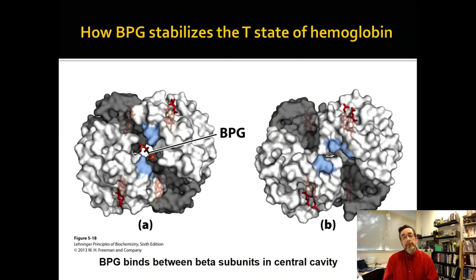So what does BPG do structurally? Well, we get a crystal structure of it, and we find out that, number one, it's all in the T-state conformation, and number two, BPG is right there in the middle. Remember when we go from T-state to R-state? Remember how the middle closes up from this perspective, because the C-terminus moves all the way down? Well, the BPG goes into the middle of hemoglobin, and it prevents this from happening. So it's literally like sabotage, okay?